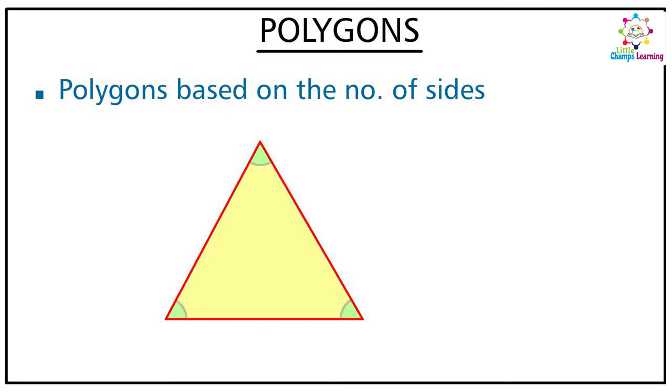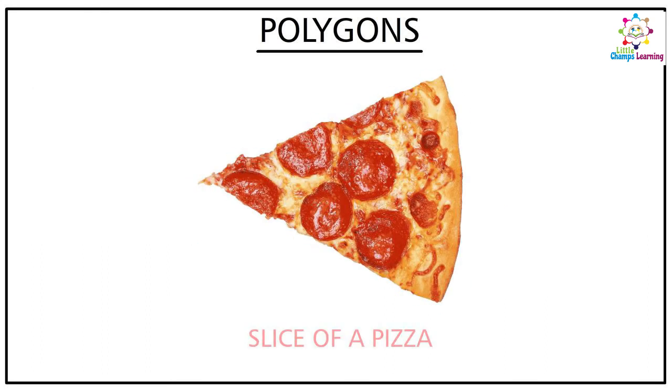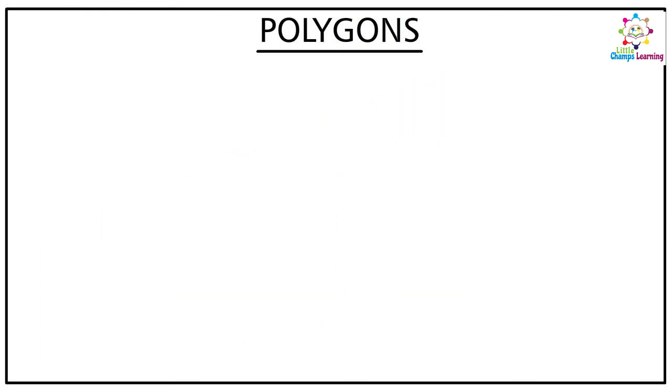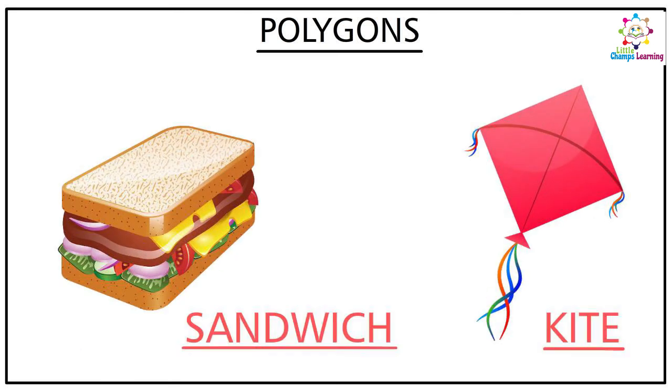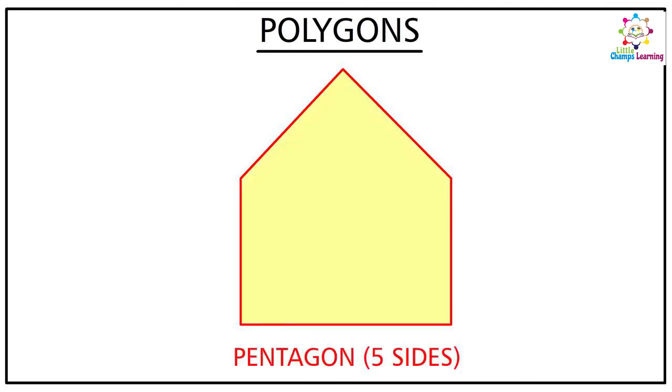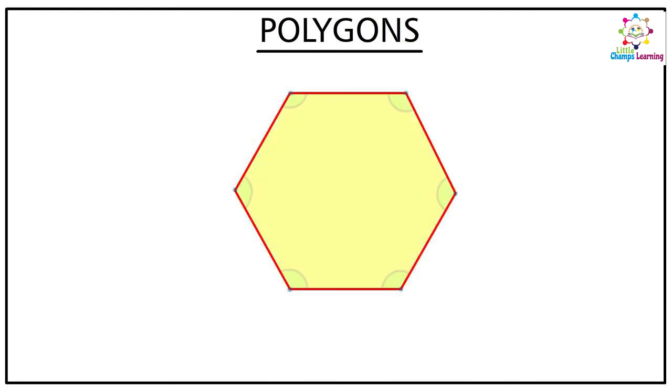Triangles are the type of polygon which has 3 sides, 3 angles and 3 vertices. They are closed figures. You can see this slice of pizza is a triangle in shape. A quadrilateral has 4 sides. This sandwich or kite are in the form of quadrilaterals. A pentagon has 5 sides. This figure has the shape of a pentagon. If we talk about a hexagon, it has 6 sides, 6